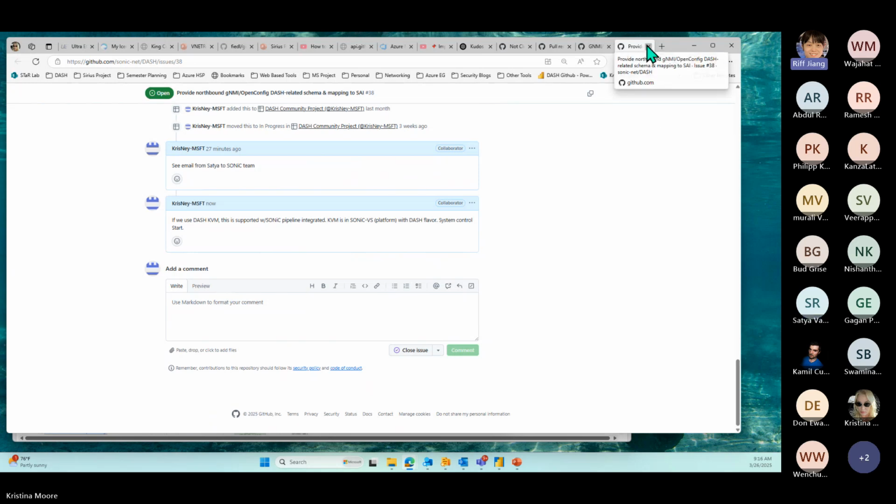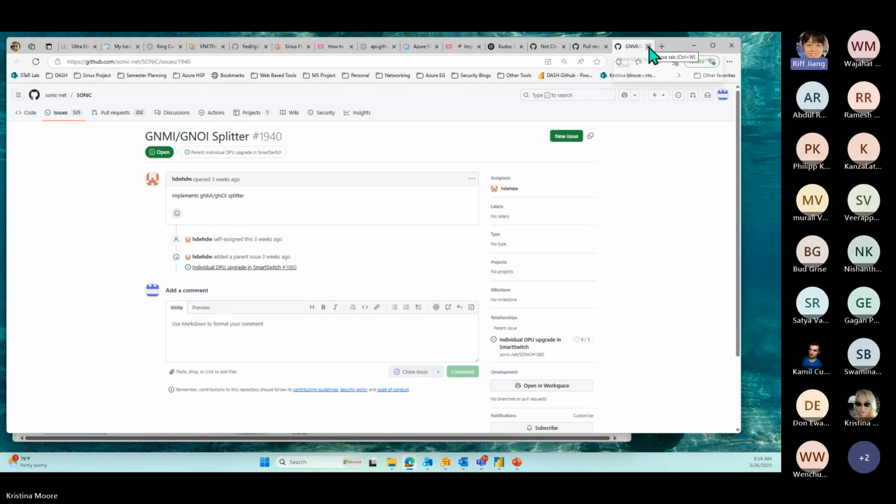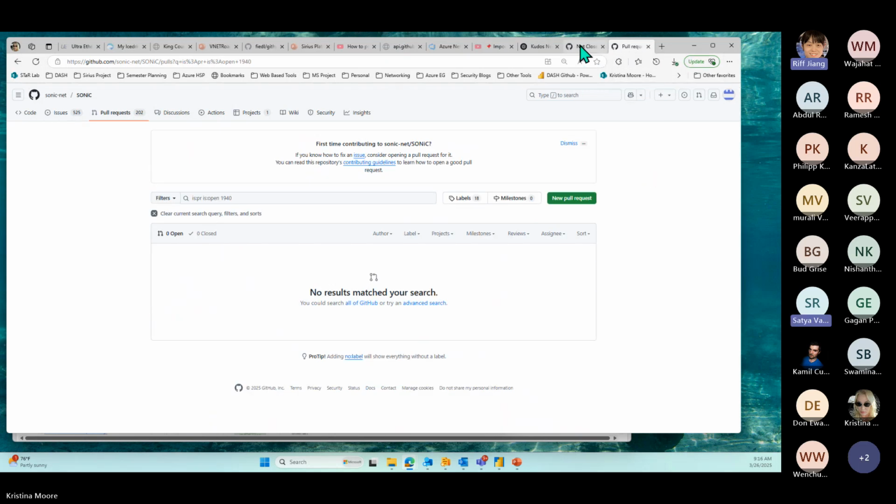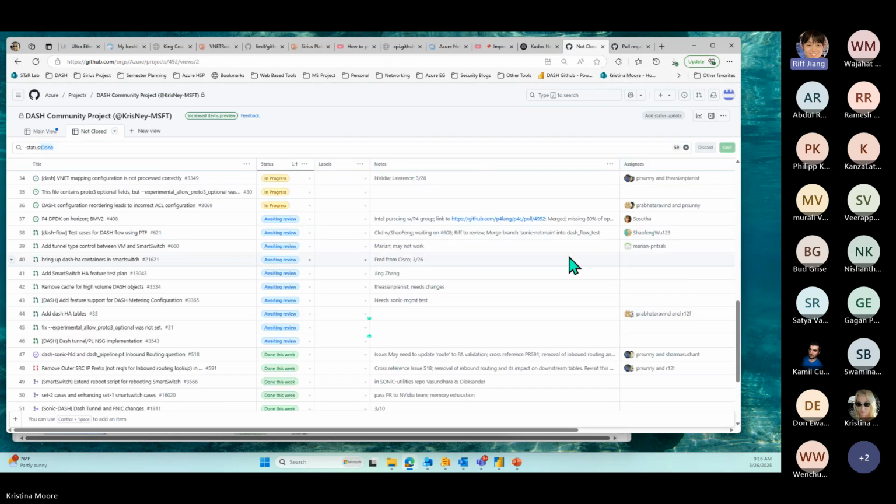Currently Dash does not support using the OpenConfig YANG model to program it, because the OpenConfig YANG is different from the SONiC YANG, and I don't know if it actually has the Dash object model in there as well. So that's very different. But if we just look at the gNMI part, then the pipeline we actually partially have it. Well, it's not connected with a splitter, that is true.